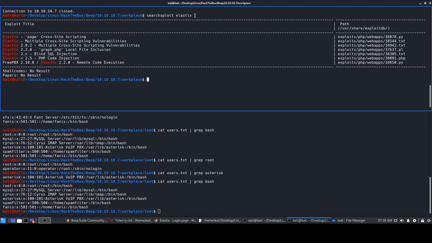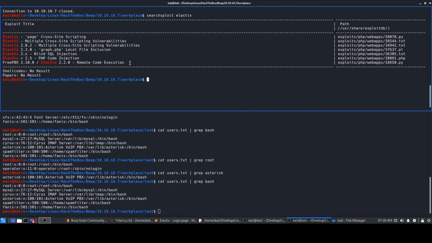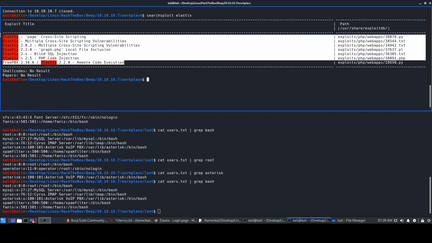But since we did not have any version number over here, and there are multiple exploits, if I'm just thinking from an OSCP point of view, and there are some other web applications as well, then without a definitive version number where you can go and check for the exploit, it would be like wasting time, right?